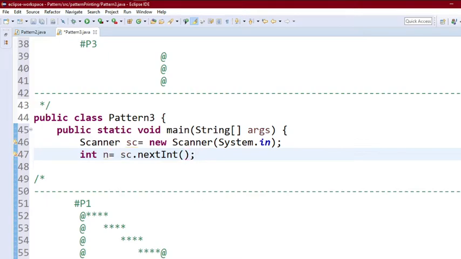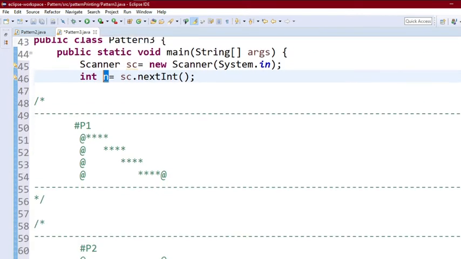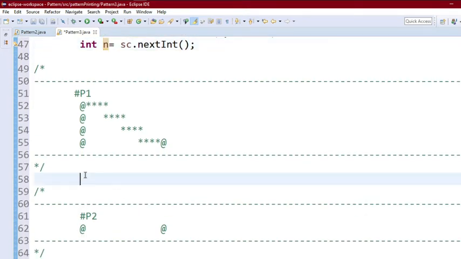We are storing the value of n in a variable of integer type, which is this one, n. Now we are going to write our code for the first part, that is the upper part.